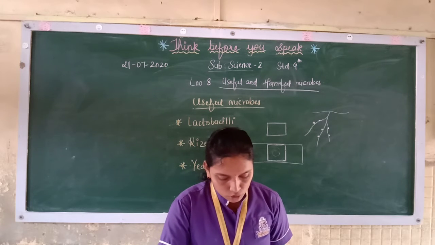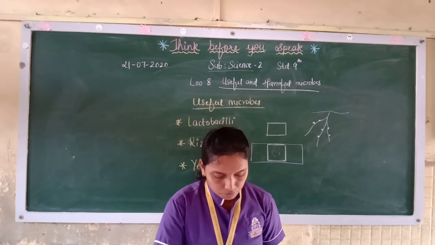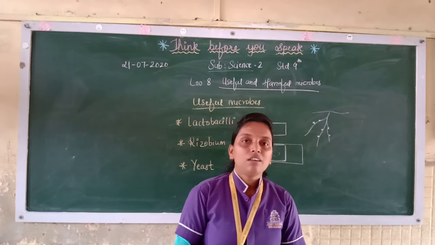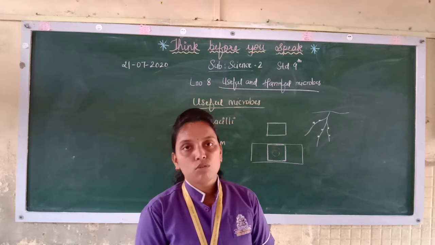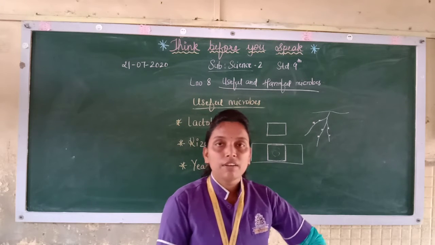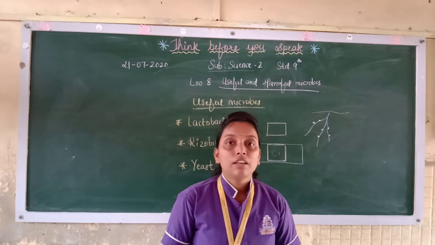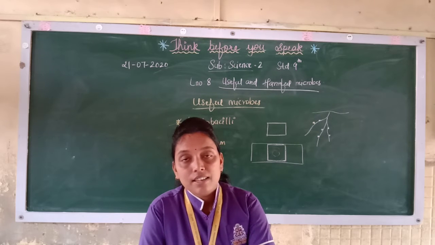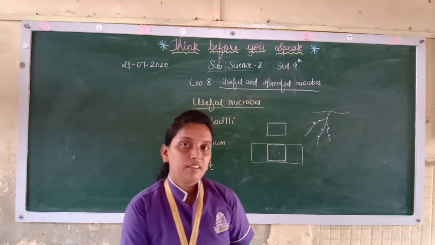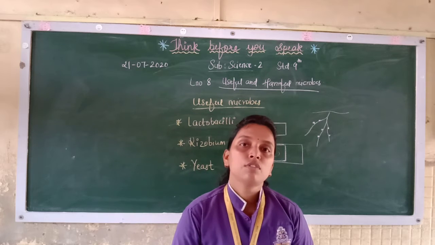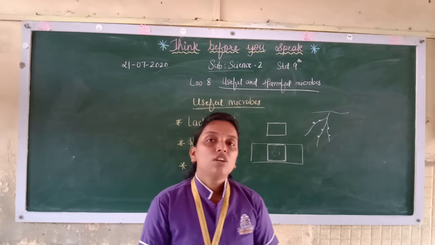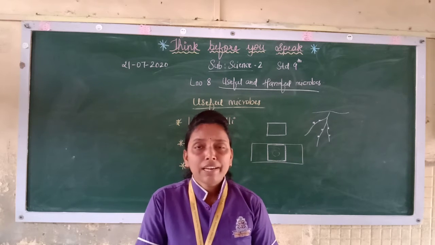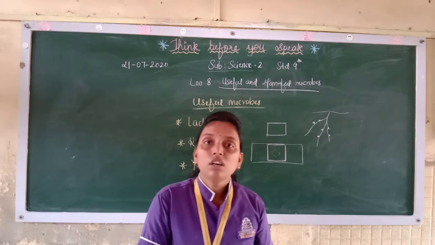Rhizobia produce nitrogenous compounds from atmospheric nitrogen. The atmospheric nitrogen we get from the air cannot be directly assimilated by the plant. Plants take it in the form of compounds. We have seen this in the earlier chapter, in the nitrogen cycle. There it first gets converted into nitrates and nitrites, and then the plants absorb those. So they can't directly take atmospheric nitrogen. Here rhizobium converts the atmospheric nitrogen into nitrates and nitrites and makes it available to the plants.